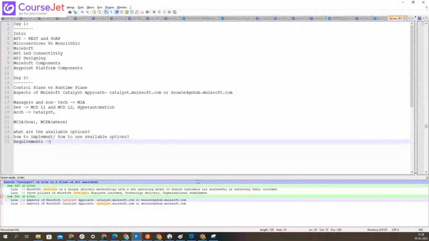So the first module was basically mainly for the catalyst thing, and the second part is your requirements. So whenever you go to the client, the second part is how you take the requirements. Have you ever used Jira? Yes, I did. Perfect. So you are aware of user stories,